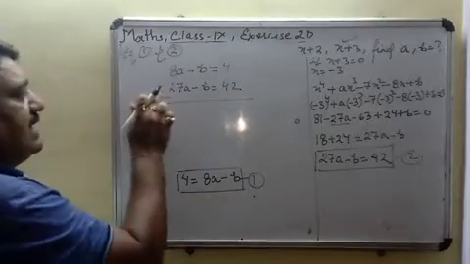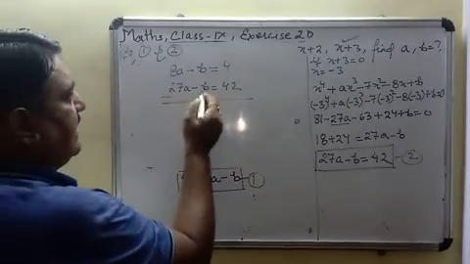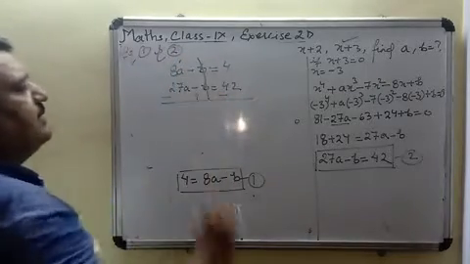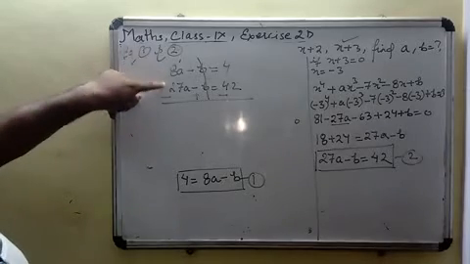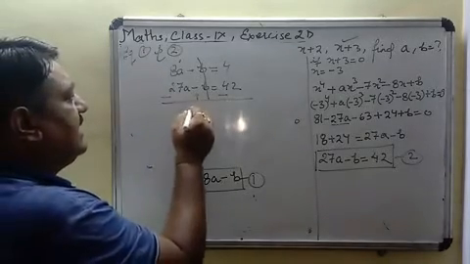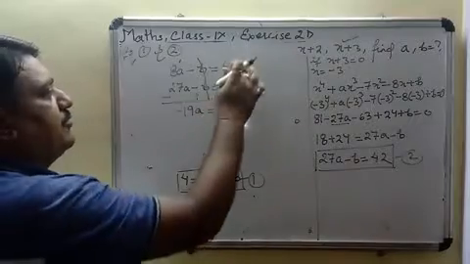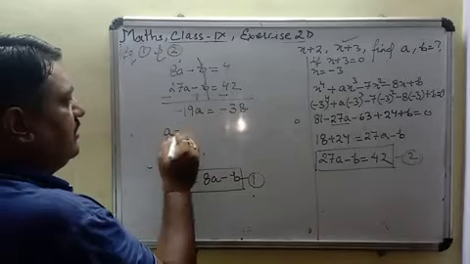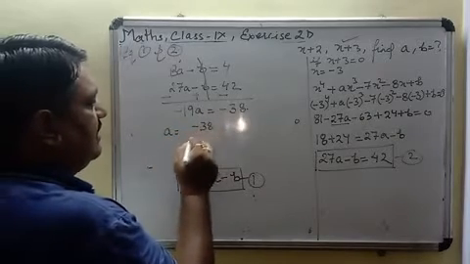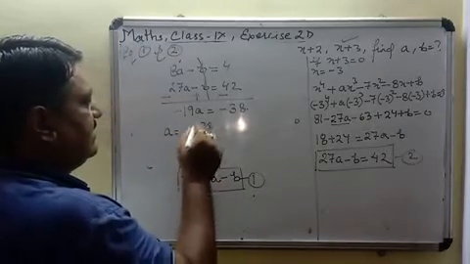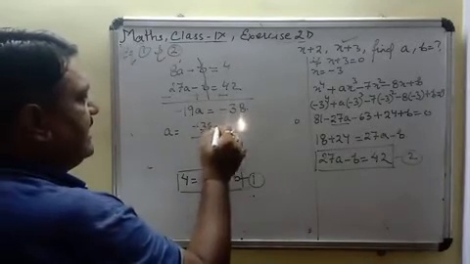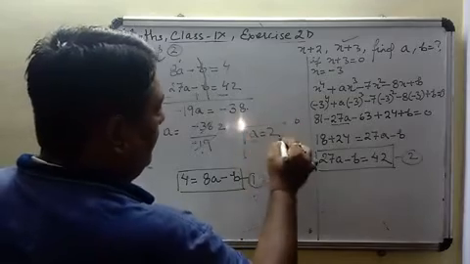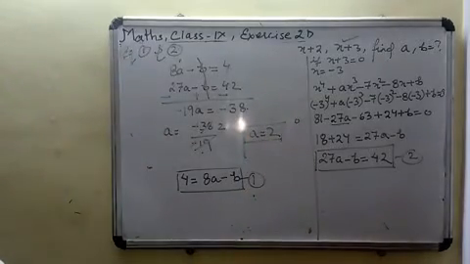सब्ट्रैक्शन के लिए जाएंगे तो साइन चेंज हो जाएगा. ये पॉजिटिव था नेगेटिव हो गया, ये नेगेटिव था पॉजिटिव हो गया, और ये पॉजिटिव था नेगेटिव हो गया. Just plus b and minus b will be cancelled. 8 minus 27 is minus 19a equals 4 minus 42 is minus 38. So a will be equal to minus 38 upon minus 19. Minus से minus cancel, 19 बनता है, 19 2s are. Our a is equal to 2. So we have obtained the value of our a.